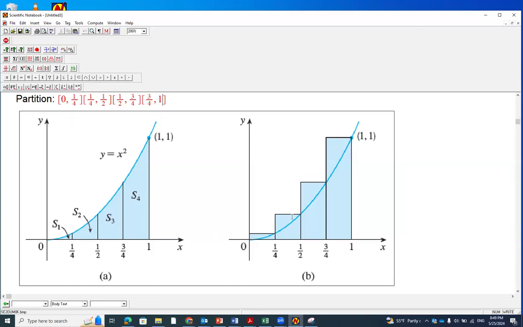And the second rectangle, let me mark the height, which is going to be plugging in the function's value. The function is x squared. So the height, right? So this height,